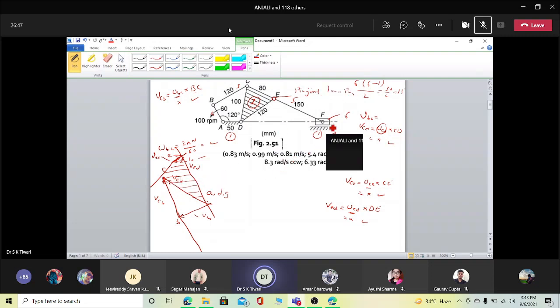Now when F is on FE, E will be the center of rotation, therefore the direction of velocity vector will be perpendicular to this through EF. कुछ इस तरीके से होगा. Okay, when F is on the slider, it will have only straight line motion through the fixed guideways. इस तरह से कुछ बन के आएगा. अब let me show you the